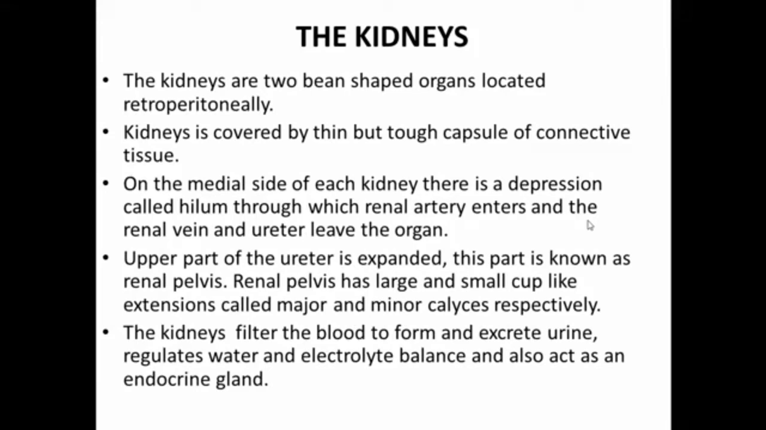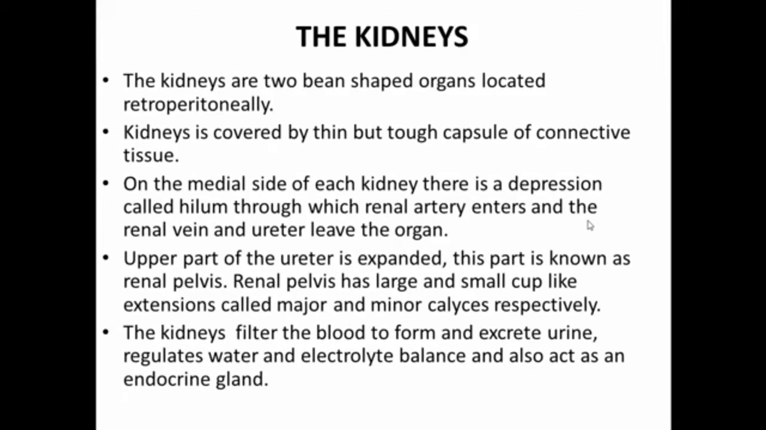The upper part of the ureter is expanded, and this part is known as the renal pelvis. Renal pelvis has large and small cup-like extensions called major and minor calyces respectively. The kidneys filter the blood to form and excrete urine, regulate water and electrolyte balance, and also act as an